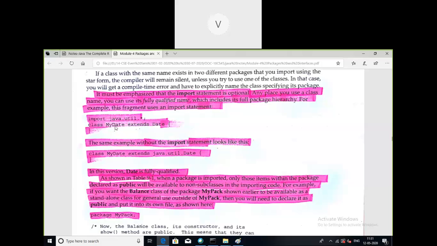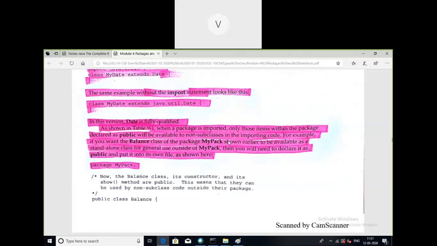Here I am just importing the package and then extending the Date class. The same example without an import statement can also be written like this. I don't want to import the packages. I'm just specifying the fully qualified name of the Date class: java package, util sub package, then the Date class. So it means MyDate is extending the Date class.